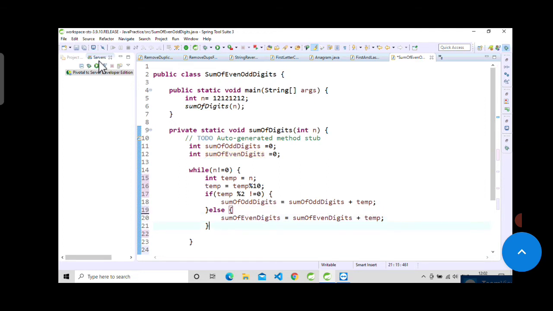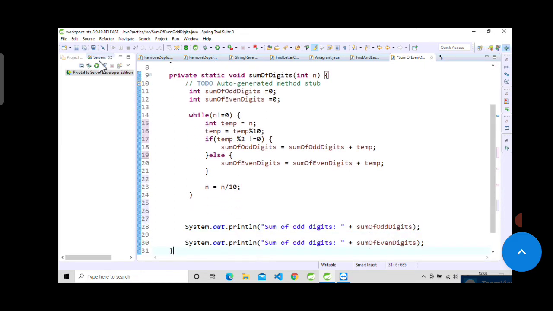Now once this is done, we will divide the number by 10, n equal to n by 10, and we have already printed the result out.